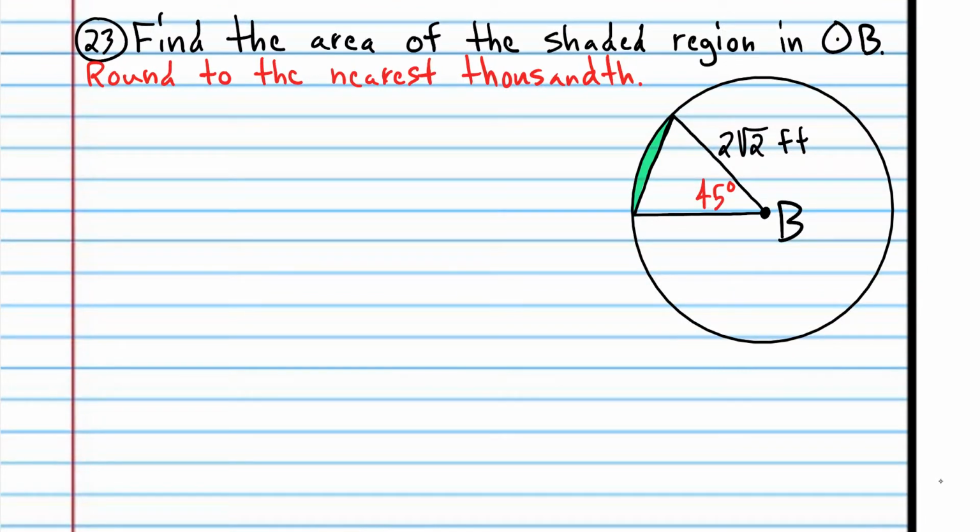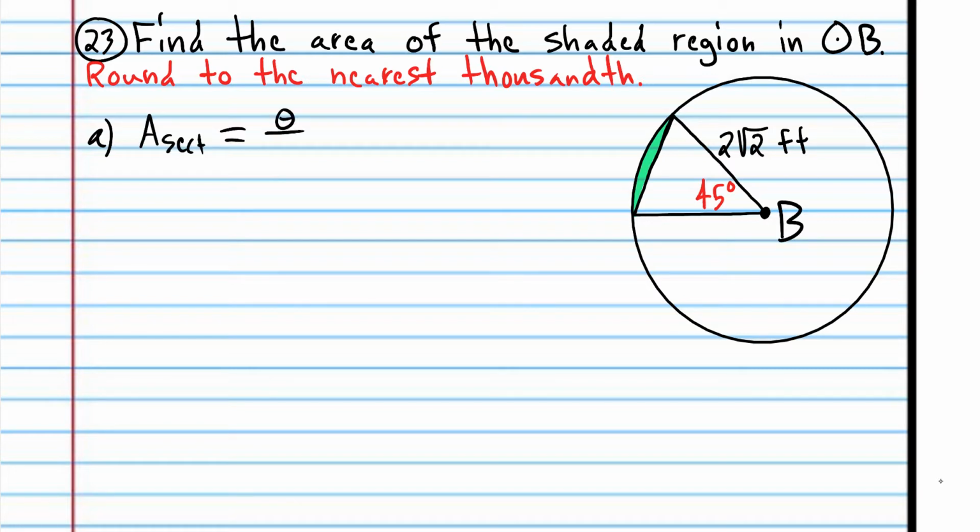So what we're going to do is we're going to find the area of the total sector, which is this whole area here, everything, including the green part and the triangle. We're going to find the area of that sector, and then we're going to subtract the area of the triangle, and that's going to give us the green shaded area. So I'm going to say part A, the area of the sector